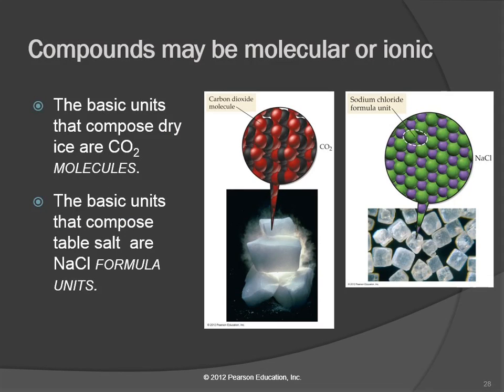Another example of ionic versus molecular. This is dry ice, which is solid carbon dioxide. And the molecules here are 1 carbon, 2 oxygens. If we look at table salt,